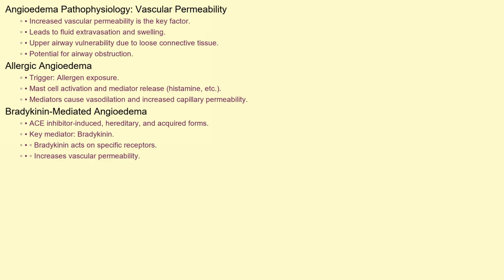The pathophysiology of angioedema hinges on increased vascular permeability. In allergic angioedema, mast cells release histamine and other mediators upon exposure to an allergen. These mediators cause vasodilation, increased capillary permeability, and subsequent fluid extravasation into the tissues, leading to swelling. In ACE inhibitor-induced angioedema and hereditary or acquired forms, the key mediator is bradykinin. Bradykinin acts on specific receptors in blood vessels, increasing their permeability and causing fluid leakage. The upper airway is particularly vulnerable because the loose connective tissue in this area allows for rapid and significant swelling,